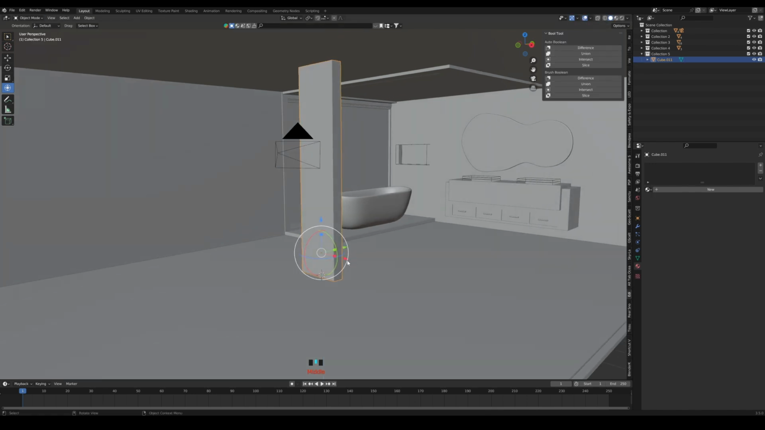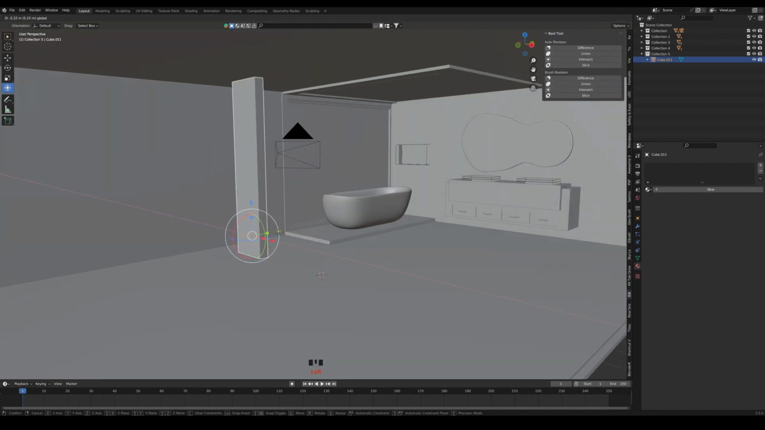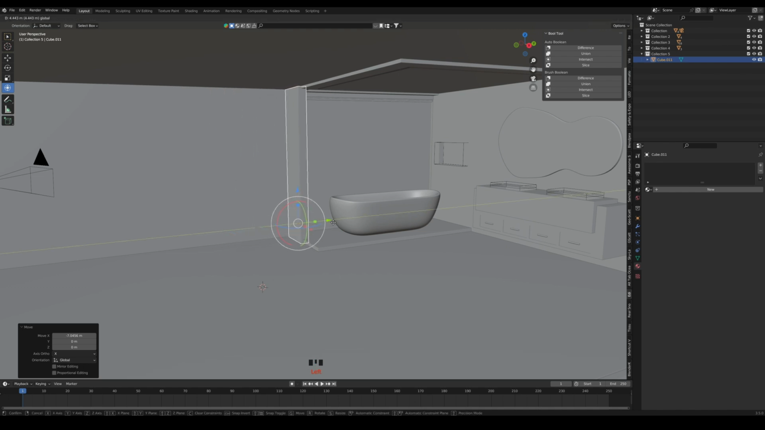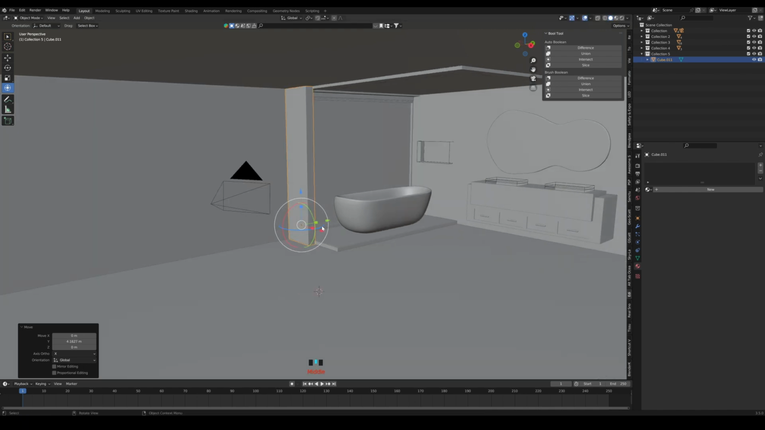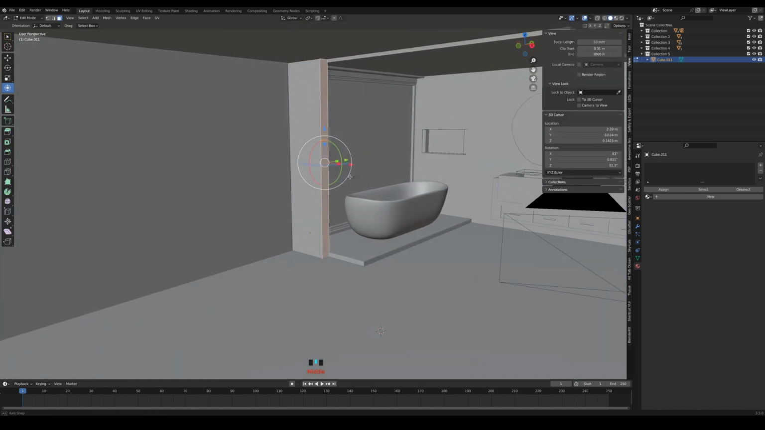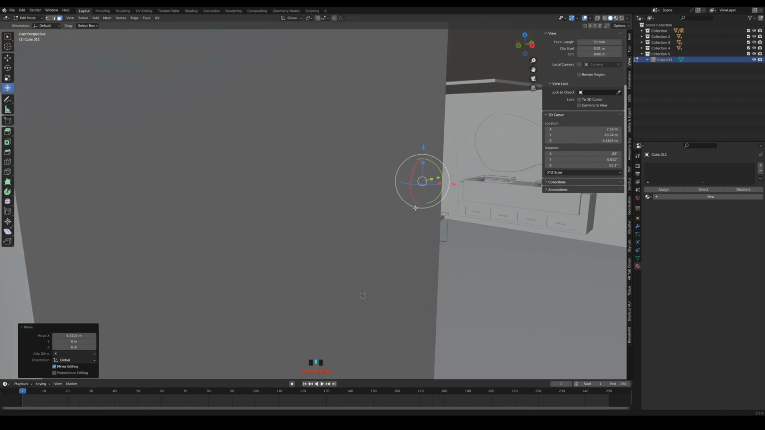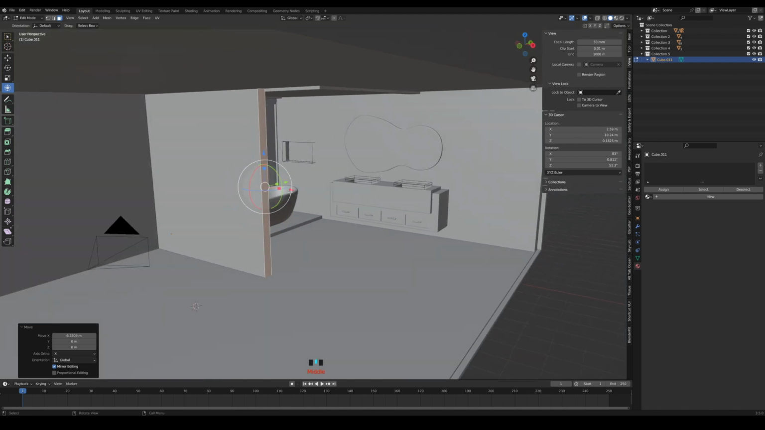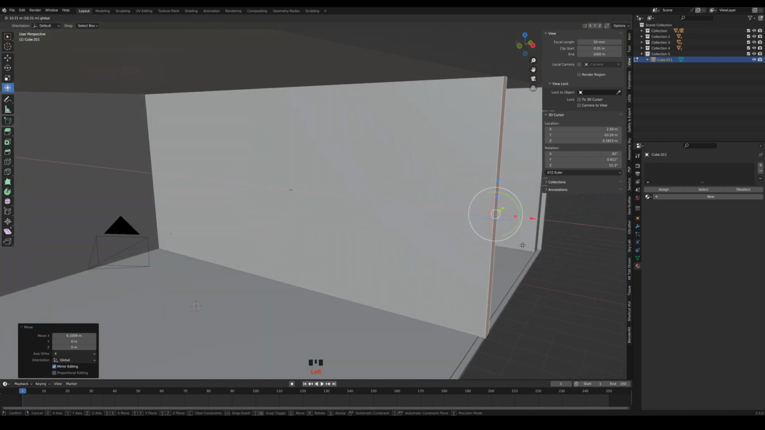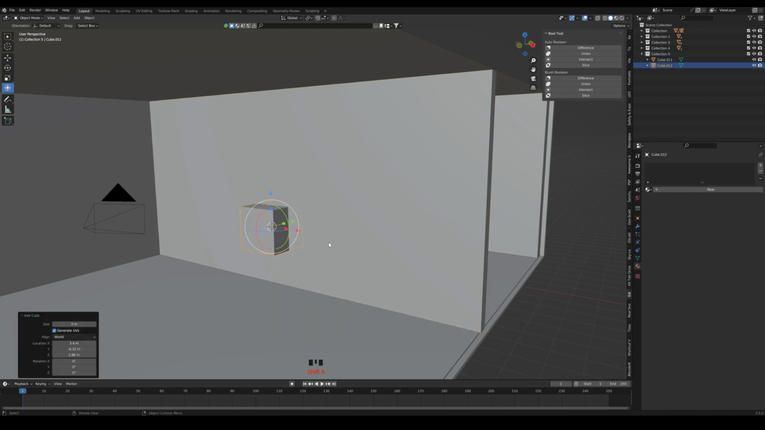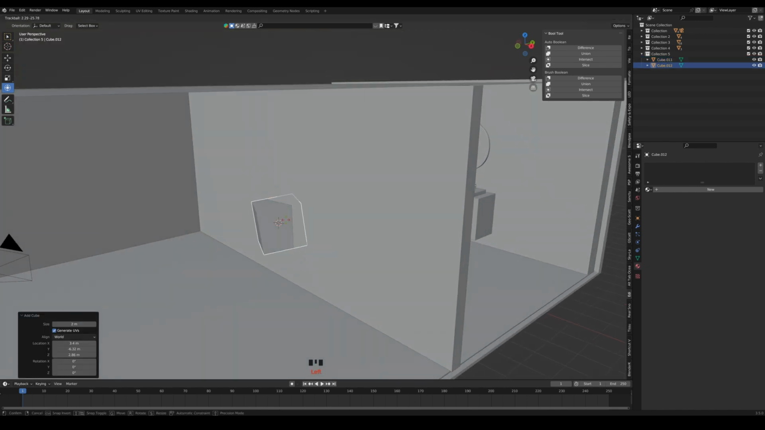let's check. Maybe we can add some kind of door to make the bathroom separated from the other section. Maybe we can have some other design for the door just to make it have this separate thing. We can make it so far like this here, and we can create another